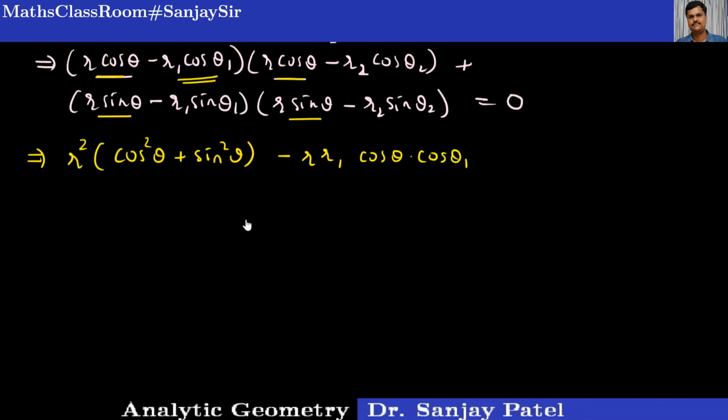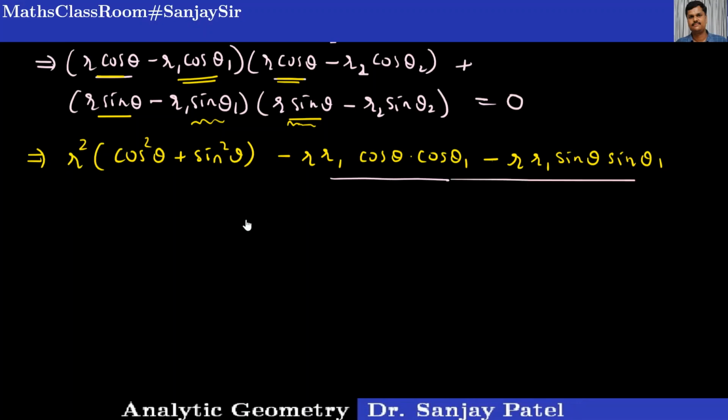And where are the other terms containing r into r1? The other terms are r1 sine theta 1 here, and this thing. So r1 sine theta 1 and r sine theta. So what I will get is minus r r1 sine theta into sine theta 1. I am writing directly, so if you are not comfortable, you can write all the terms and collect the terms containing r into r1 together. The next step I am showing you is collecting terms containing r into r2 together.